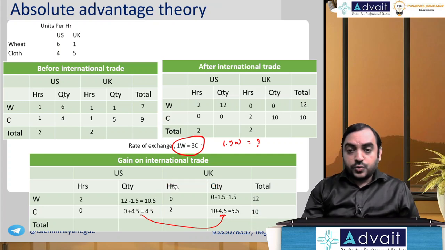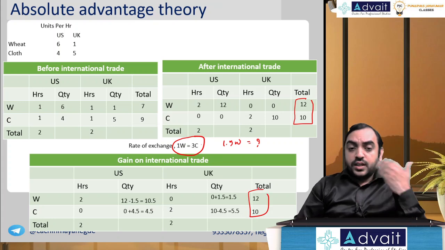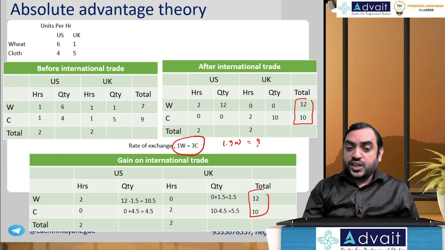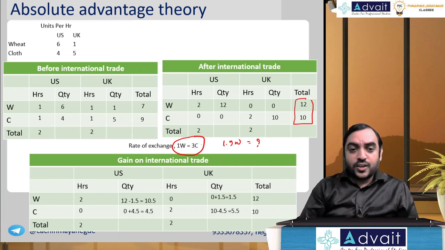So as a result, what will happen? Total you will have 12 and 10, that will remain the same, but you compare with the earlier ones. Earlier you had whatever is there, you are able to make sure that your total remains the same. Now US also has cloth and wheat and UK also has cloth and wheat. So that is how you can make a gain. So you can write down